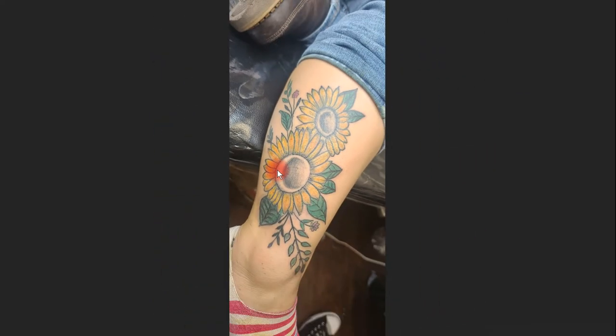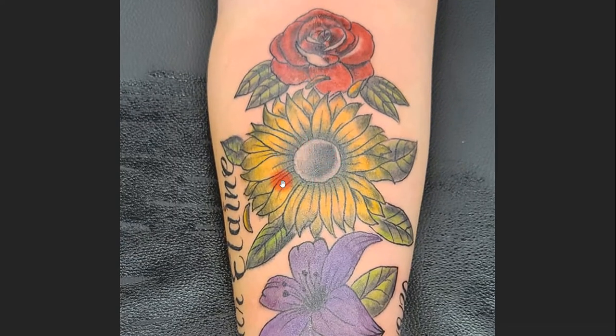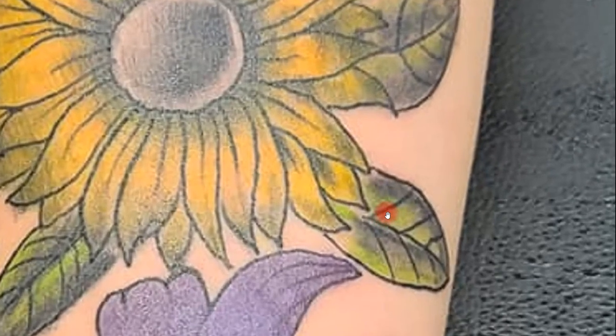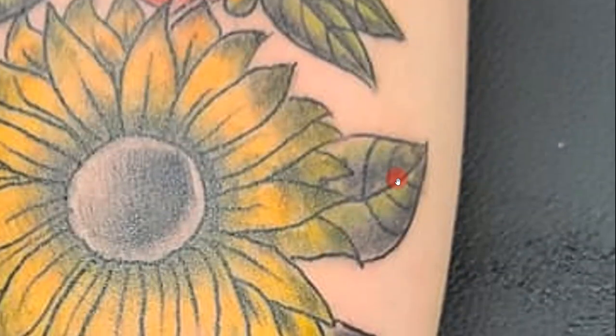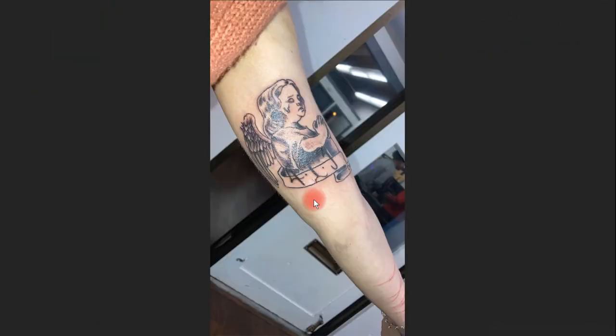Overall, you're just ruining the whole thing. Trust me, I saw this multiple times in his portfolio. Four or five times I saw sunflowers exactly the same. And then here we go, we zoom in again: missing color, not up to the line there, and this leaf. Where's the chunk of leaf that's supposed to be right there? It's just sort of weird, obvious red flags, obvious mistakes in his work, but he obviously is not afraid to